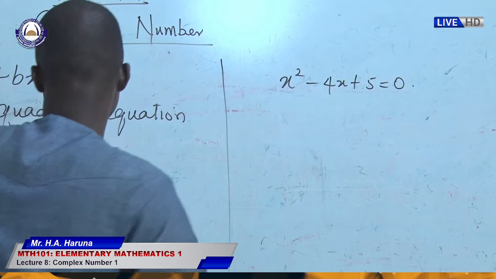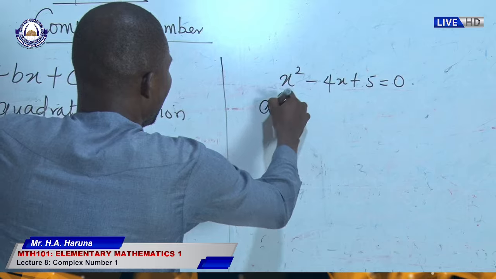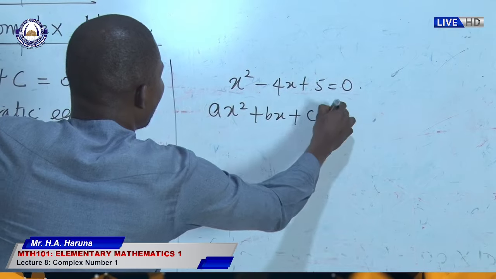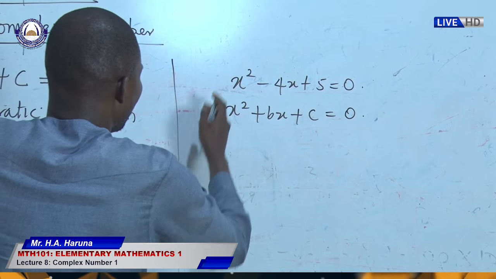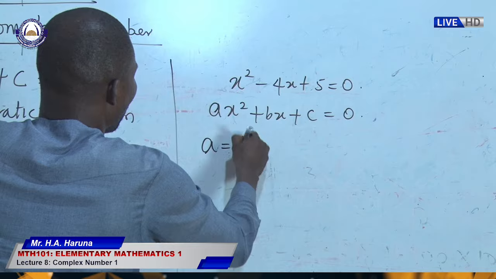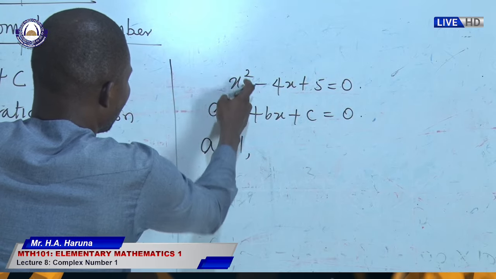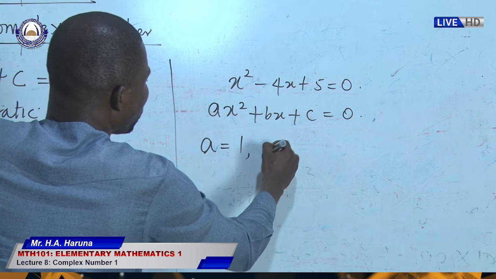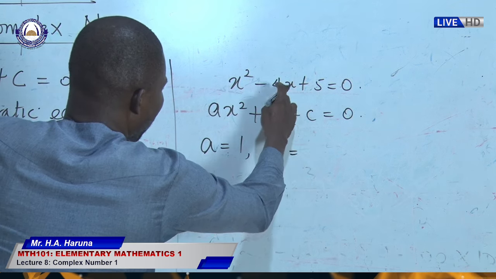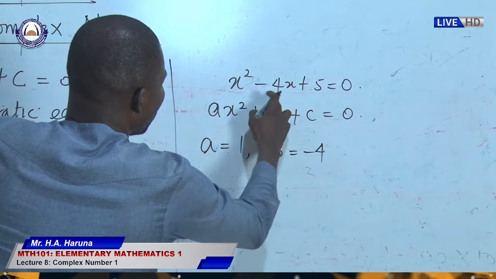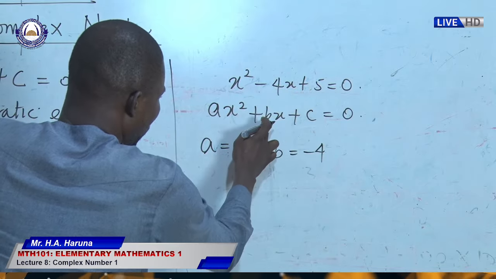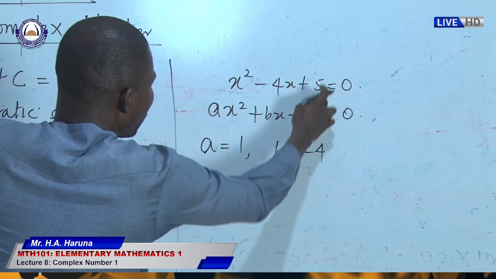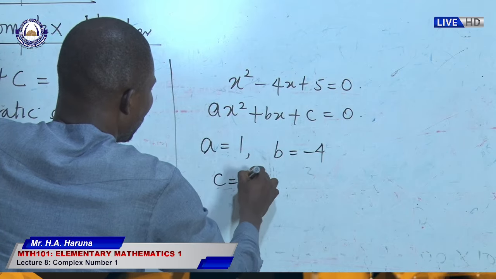If you compare with ax squared plus bx plus c equals 0, from your comparison, a equals 1 because the coefficient of x squared is 1. Also, b equals minus 4 because the coefficient of x here is minus 4. So the constant here, c, equals